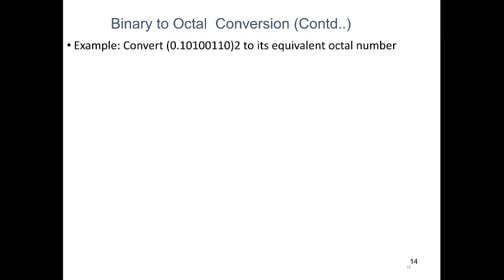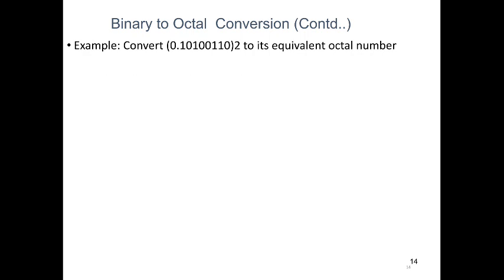In your integer part you have only 1 0, so add 2 zeros more to your left. Coming to the right, start taking 3 bits: 1 0 1, 0 0 1, and after 1 0 you can add one more 0. So in this problem you add 1 0 to the left and 1 0 to the right. After adding that, try to write the octal equivalent values. Just pause the video here and try to solve it by yourself. Once you do that, we'll see what the answer is.